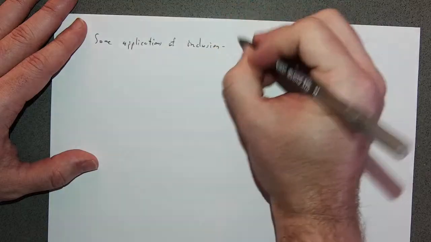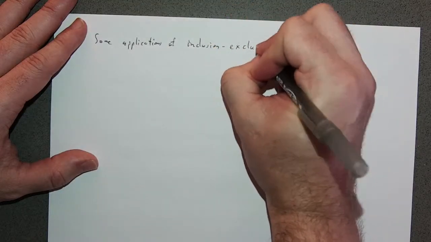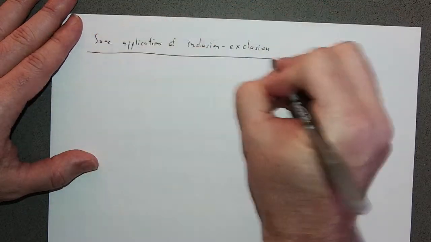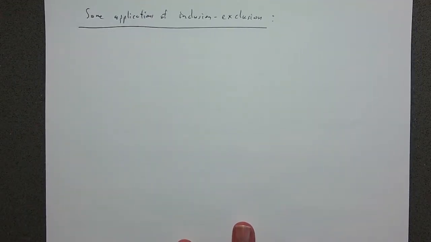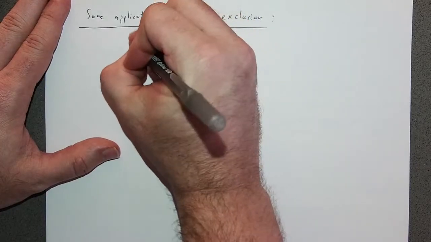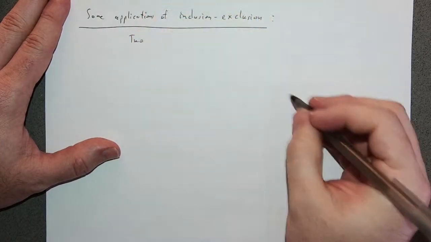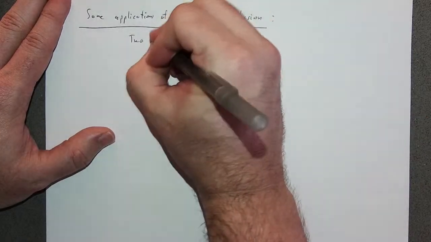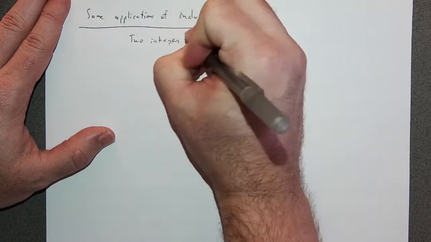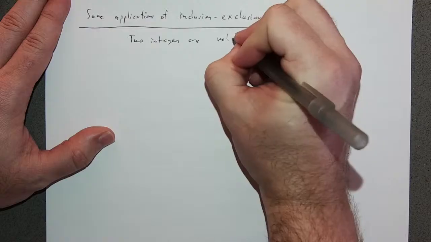Of inclusion-exclusion. So what are some applications of this? So first, let's define what it means for two integers to be relatively prime. So two integers are relatively prime